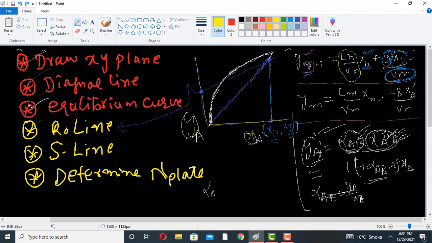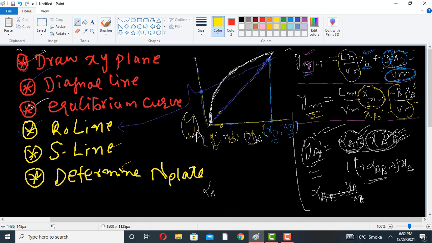Similarly, for the stripping line, we will need 2 points, either a slope and 1 point, or 2 points. So if we put xW in the place of xn minus 1, we will obtain that yn will be equal to xW. So this is the end point, xW comma xW. This point, and if we know the y-intercept,